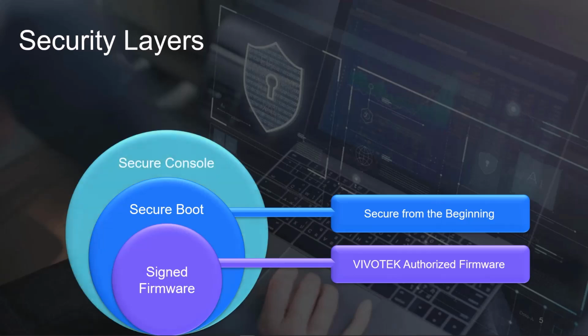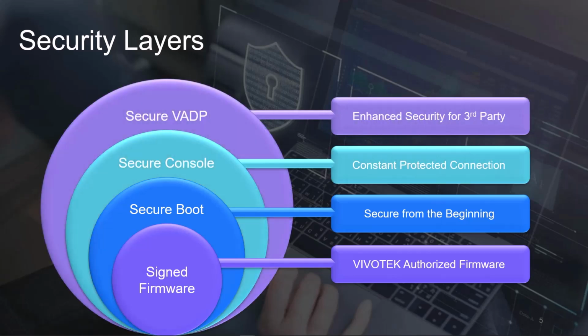We're committed to meeting industry standards and regulations, including the NDAA and TAA compliance that we just went over. So by adhering to these standards, we demonstrate our dedication to providing secure and reliable solutions that meet the highest industry standards for cybersecurity. Starting with our VIVOTEK line of products, they will only accept firmware that has VIVOTEK's digital